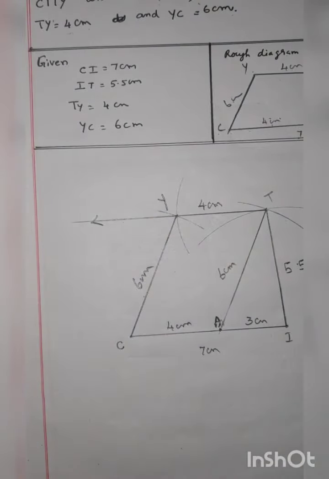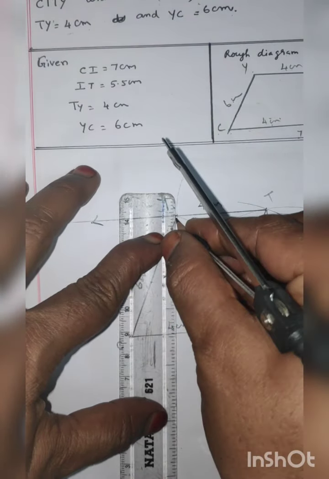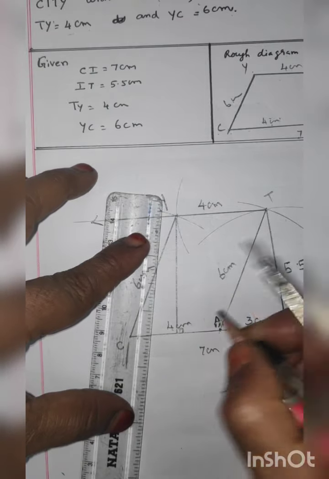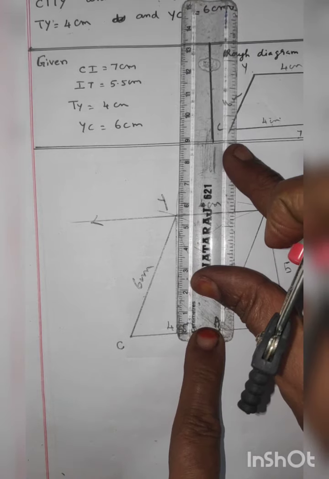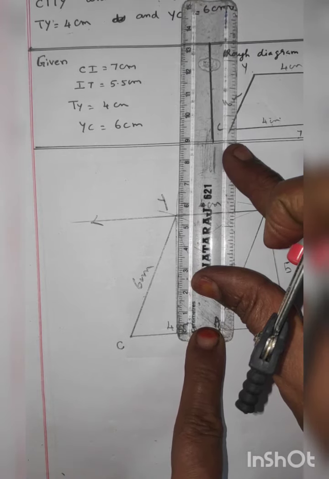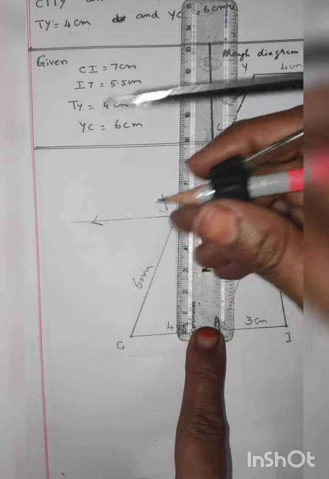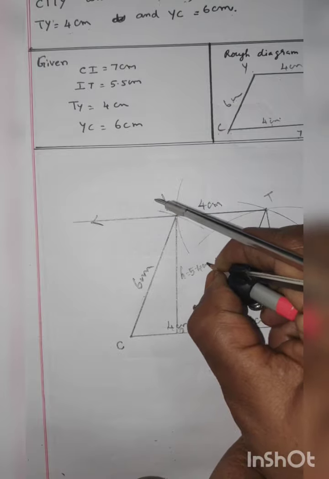Next find the height. For height, draw the line here. Correctly and tightly keep the scale and measure. For the perpendicular line, you write 90 degree. Here measure the angle, measure the centimeter. 5, after 5, 1, 2, 3, 4, so 5.4 centimeter. H equal to 5.4 centimeter.